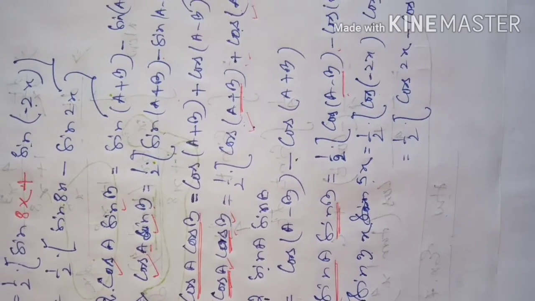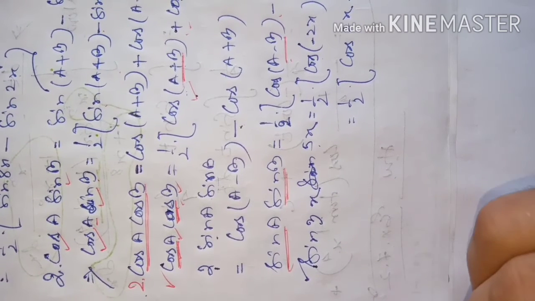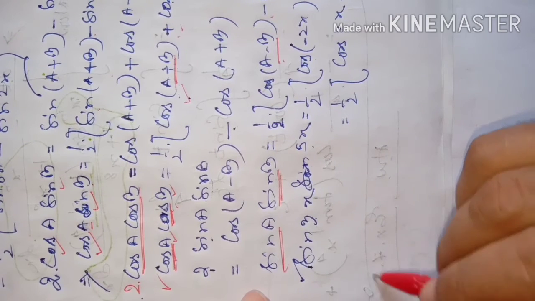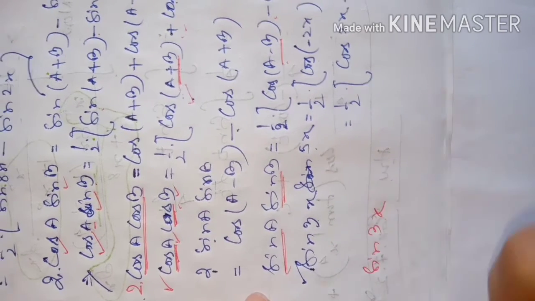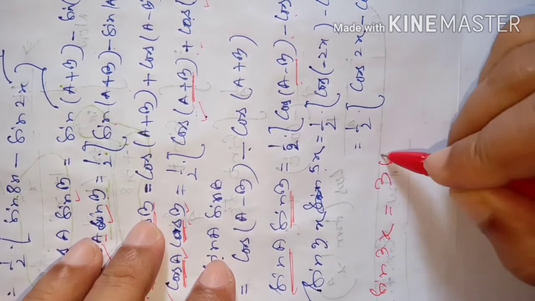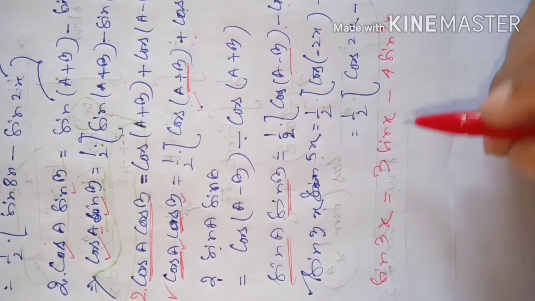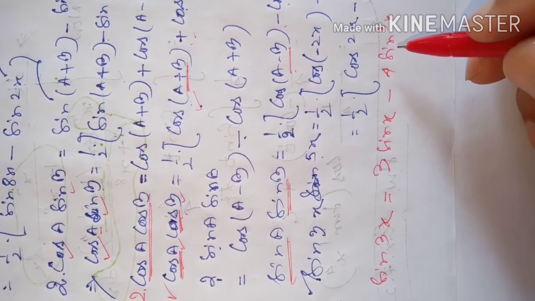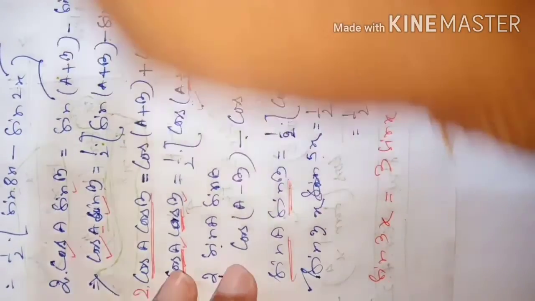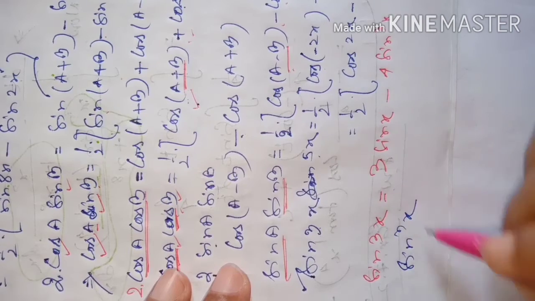Again, we got identities like another identity that we learned in class 11 trigonometry. It was sine thrice x, which can be written as 3 sin x minus 4 sin cube x. So as you recall, this was the expression. When a question comes in this form, suppose you are given a question: find the integration of sin cube x.